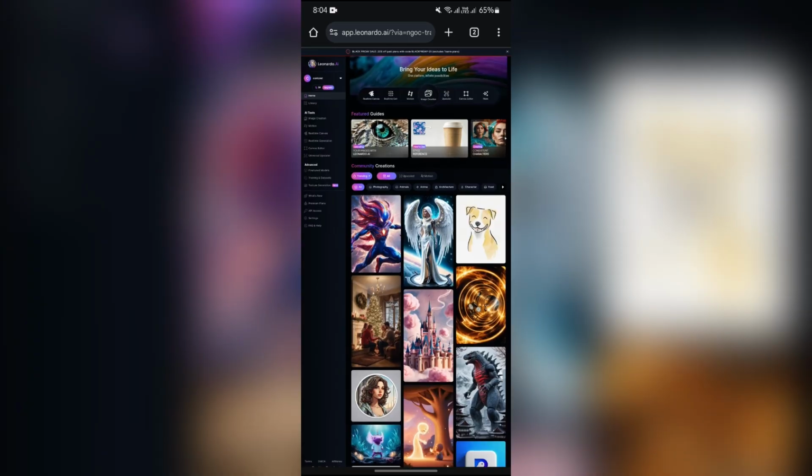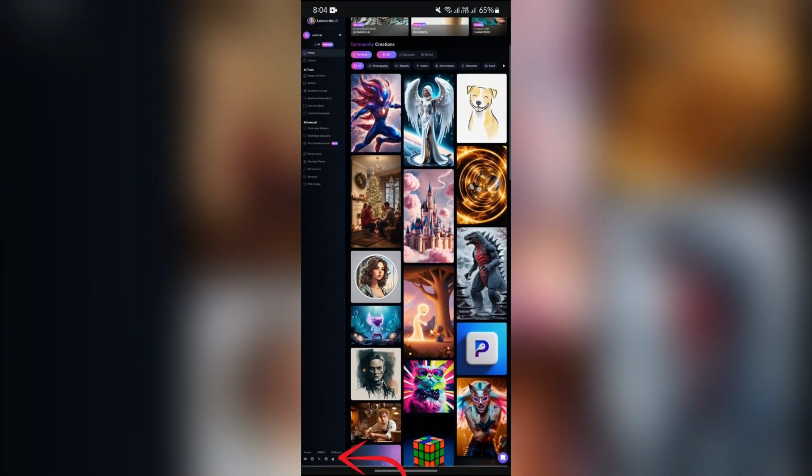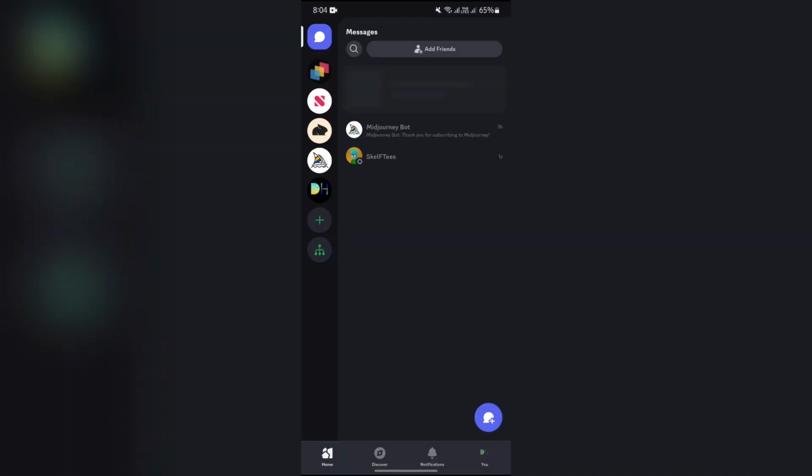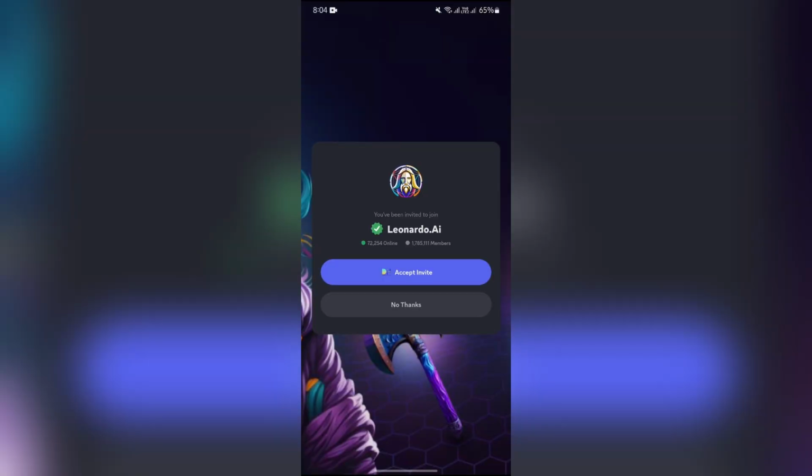Now, if you look at the bottom left corner, after zooming in a bit, you will get to see a lot of social media icons, and among them you will get to see this Discord option at very first. Just simply tap into that in order to join the Discord server of Leonardo AI, and after tapping into that, you can easily accept invite by tapping into this accept invite, and you will be joined to the Discord server